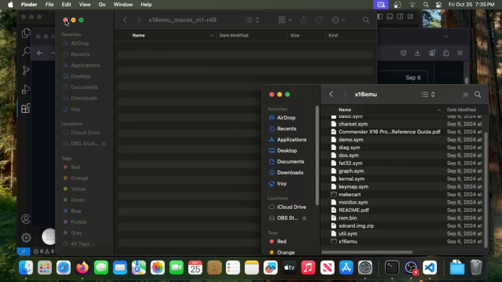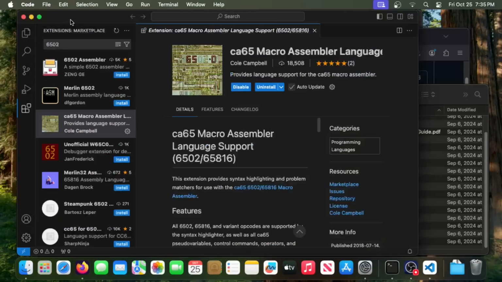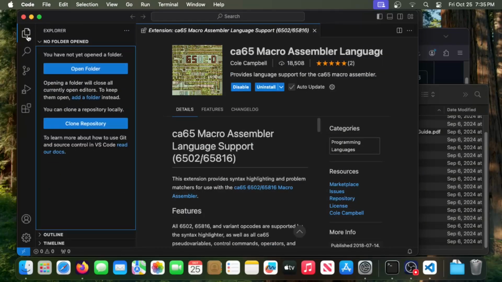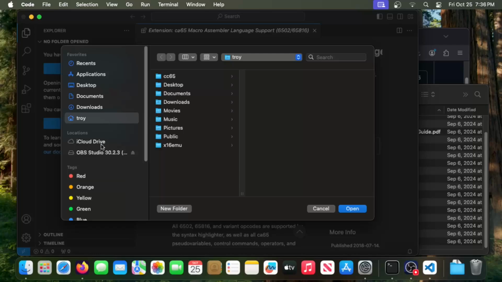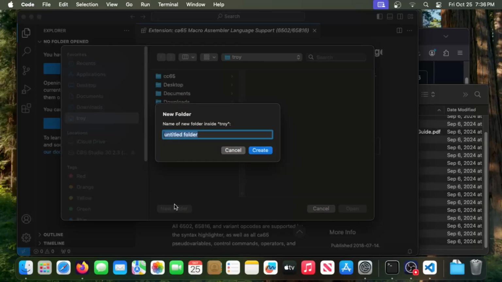And now back to VS Code. We're going to do one last thing before concluding this episode of the tutorial, and that is to write, assemble, and run a Hello World program in assembly. In VS Code, we're going to create and open a folder in our home directory called Hello World, in which we are going to put our source code file.